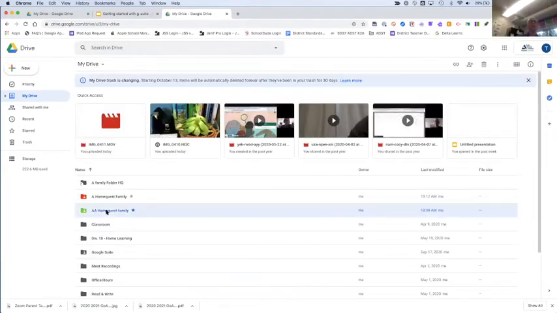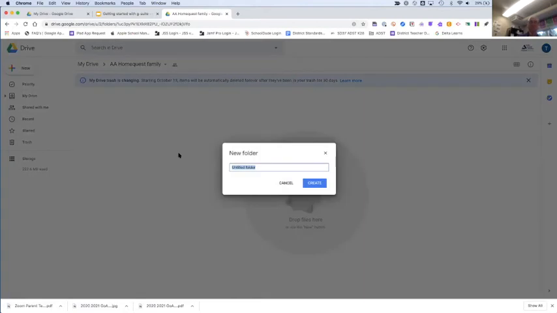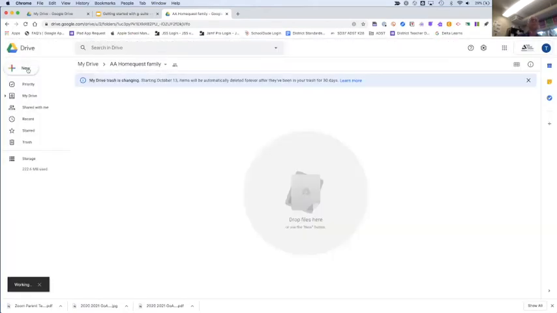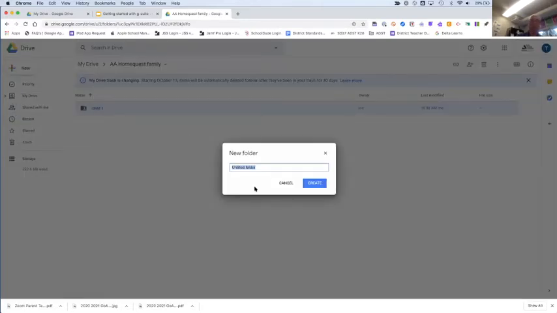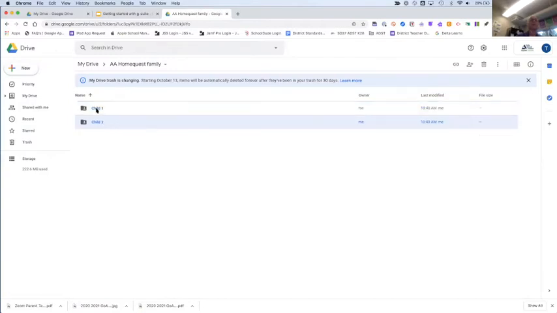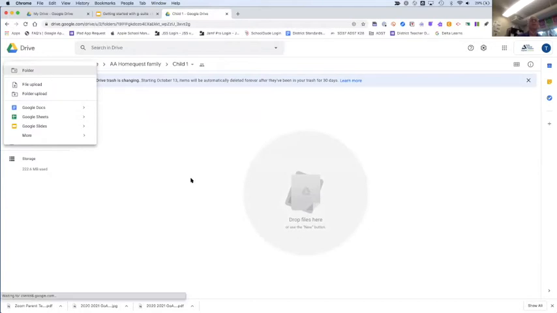I'm going to open that folder because one of the things that we need to do in that folder is create subfolders for our children. So right now it's empty. So I use the same process of going folder and Child 1. Just a reminder again that you are going to name them based on your actual child's name. Child 2. And then within that folder, you might also have to create term folders. So terms 1 through